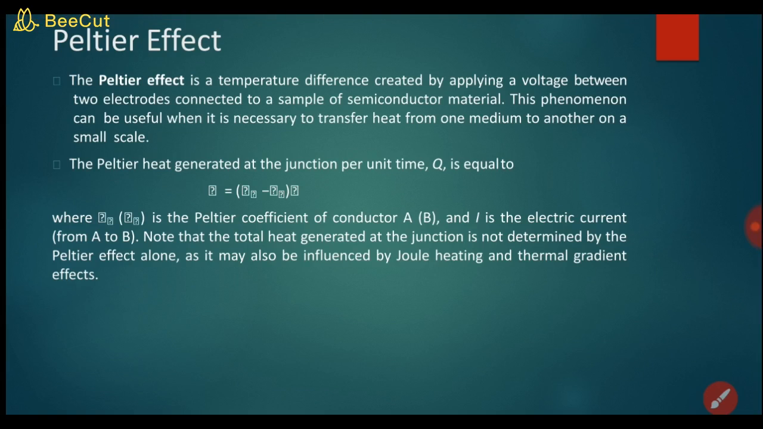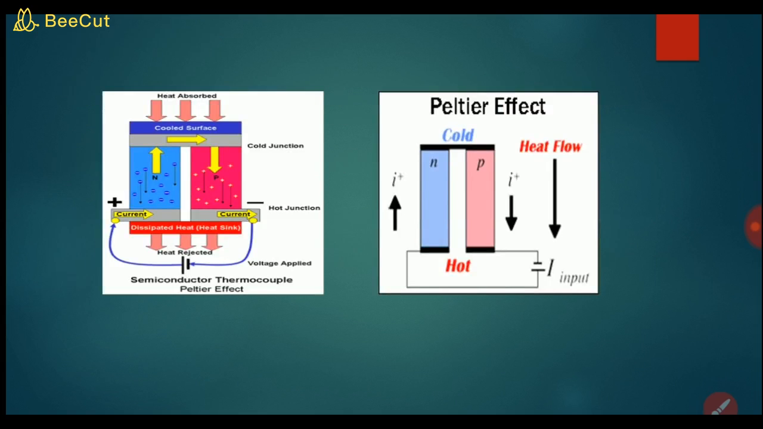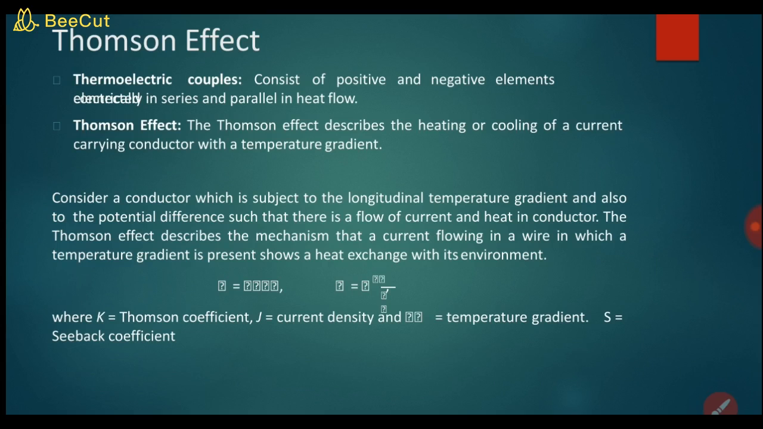Now if we talk about the Peltier effect, the Peltier effect is a temperature difference created by applying a voltage between two electrodes connected to a sample of semiconductor material. This phenomenon can be useful when it is necessary to transfer heat from one medium to another on a small scale. Okay students, this is the same type of Peltier effect you see. Okay, तो वहाँ रिवर्स हो जाएगा कोल्ड और हॉट का, जैसे कि आप उस पिछले वाले में देख रहे थे. Okay students,